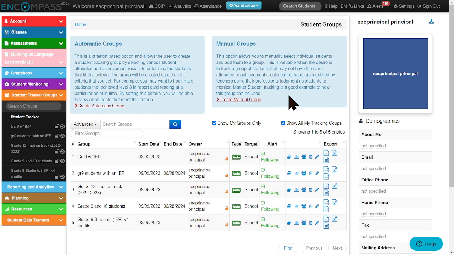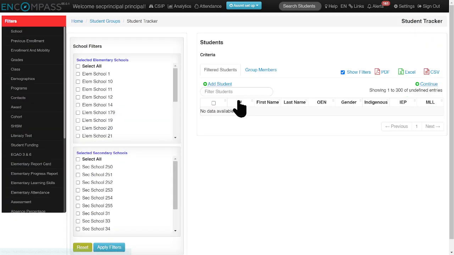Now, in some instances, so for example, if you're identifying groups of students that might be using a tier 3 reading strategy, then sometimes you want to pull up a group of students based on a criteria, but you want to manually identify, based on all of the information you know about the student, whether they're part of that group or not. So I'm going to go into create manual group,